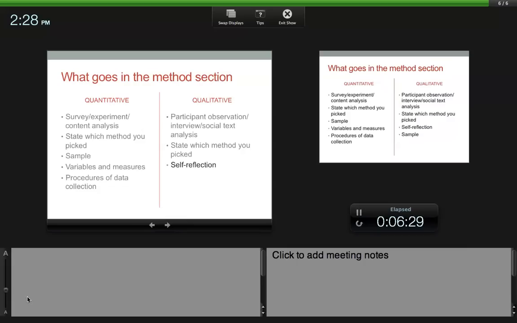So I had a student in the previous class a couple semesters ago. She designed this really cool study about heavy metal fans in Westchester. And she wrote in self-reflection, one of my strengths is that I myself am a heavy metal fan. And so I have a very deep inside understanding of the culture. So this is going to help me get to the right people and really understand what the people are saying